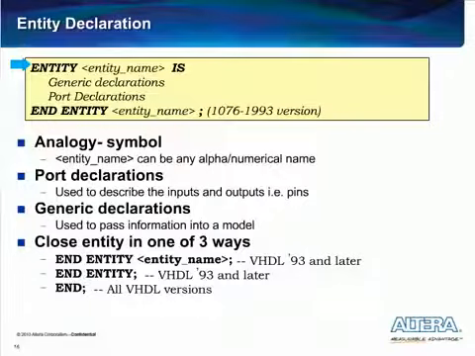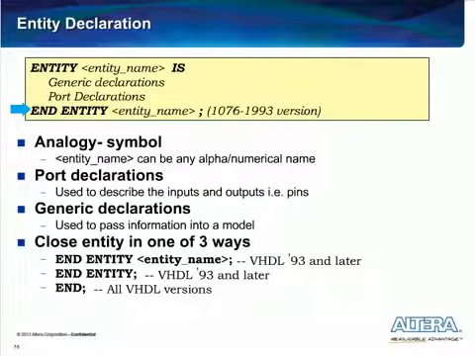An entity consists of two sections, the generic declarations and the port declarations. Generic declarations are used to pass information into the model. The port declaration section describes the inputs and outputs to the entity. There are several ways to close the entity depending on what your preference is and what version of VHDL you